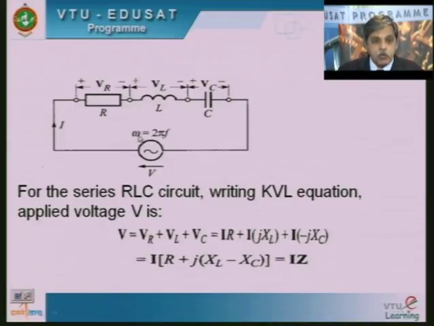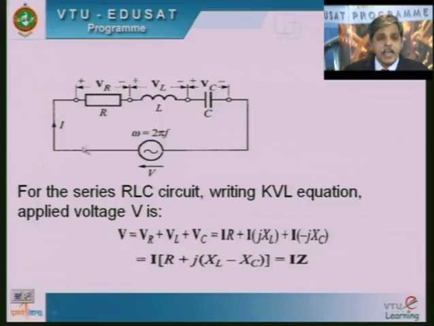The frequency of the voltage source: omega is equal to 2 pi f, where f is the frequency, omega is the angular frequency, f is measured in cycles or hertz, and omega is measured in radians per second. So this omega, along with this L, will oppose the flow of current through the inductor by providing an inductive reactance of omega L. The unit of inductive reactance will also be ohms.